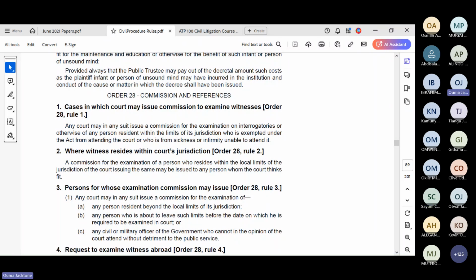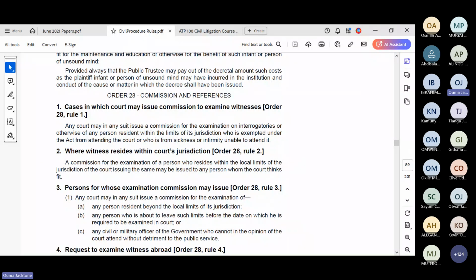Another instance you've seen during the presidential election petitions, okay? The court ordering that go and open the server. So the court is giving an order of commission that the server be opened and a report be filed. That is an order of commission to conduct an inquiry. So guys, that is an order of commission. That is the context of an order of commission. So examine a witness, conduct or inspect accounts or examine accounts, or conduct a local inquiry.